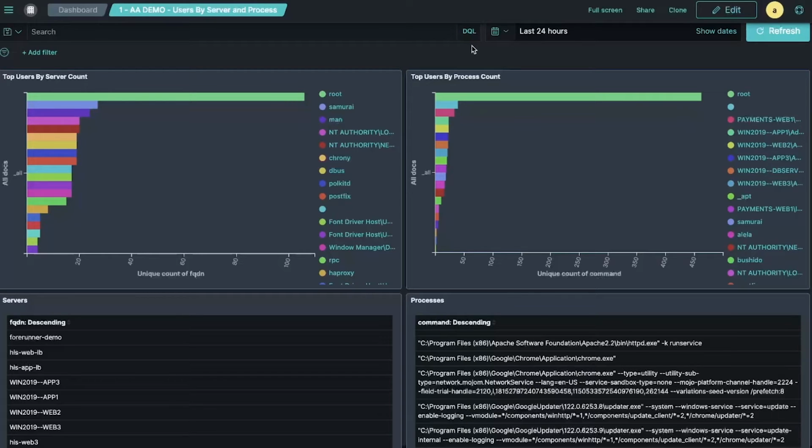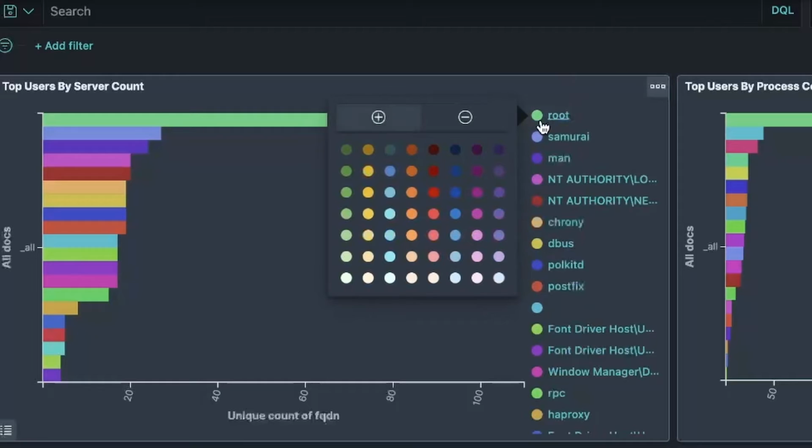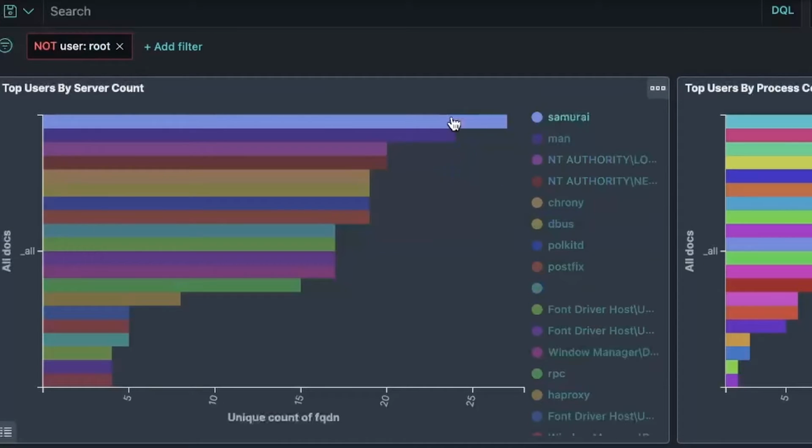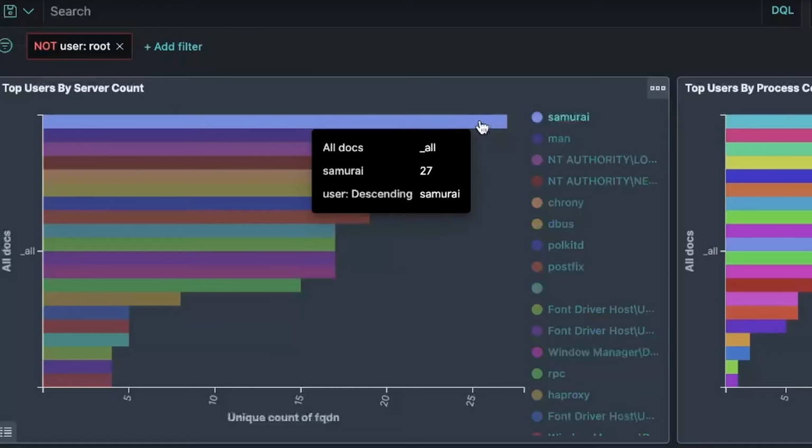So here's a view that I'm showing that actually captures our top service accounts based on privilege. So we can see here root is obviously very common. We're not surprised that root is at the top of the list. So we'll go ahead and filter this out. But now we see other service accounts that we defined that we can now understand how much privilege they have